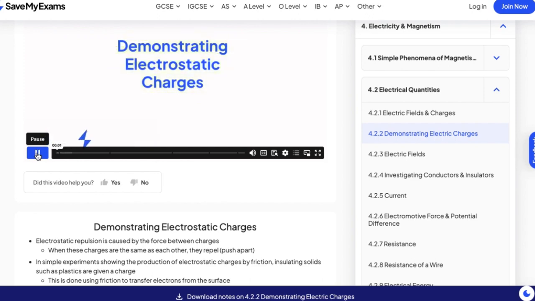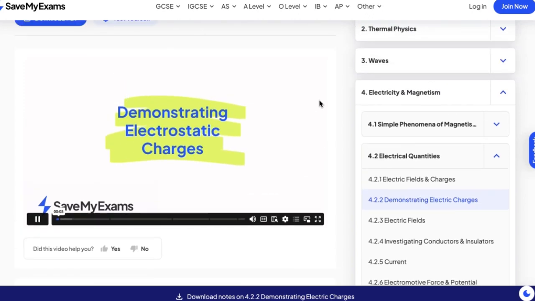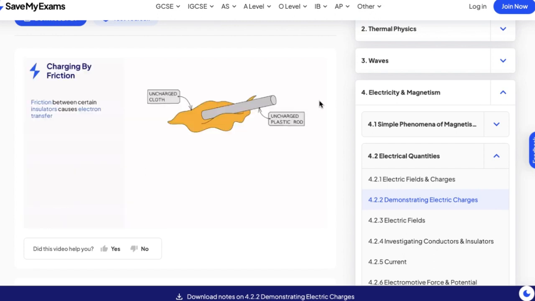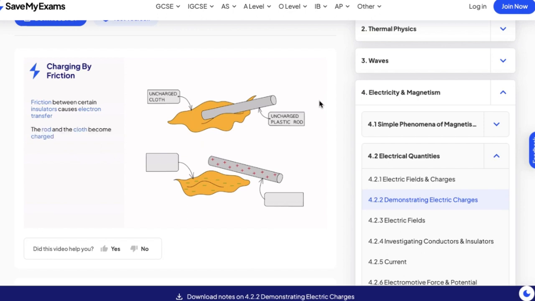This video is on the topic of demonstrating electrostatic charges. Certain insulating materials transfer electrons when rubbed together. You may have seen this demonstration done in school. When a plastic rod is rubbed against a cloth, the friction causes electrons to be transferred, resulting in the cloth and the rod becoming charged. In this example, electrons have been transferred from the rod to the cloth. Therefore, the rod has lost some negative charge and become positively charged, and the cloth has gained some negative charge